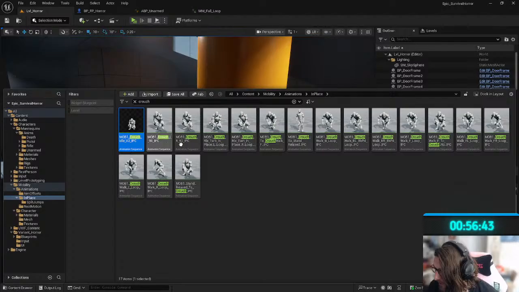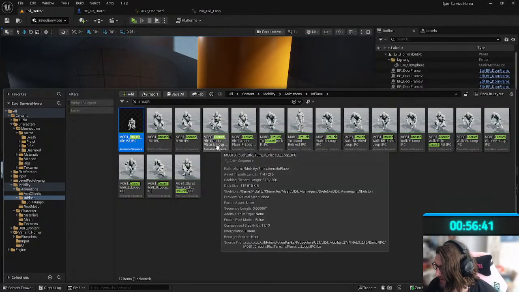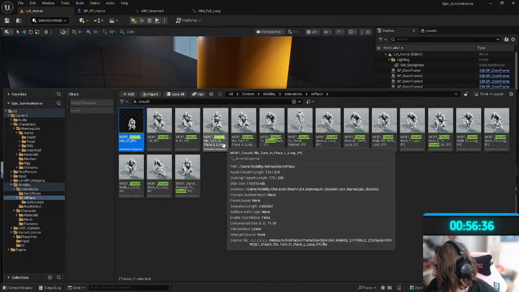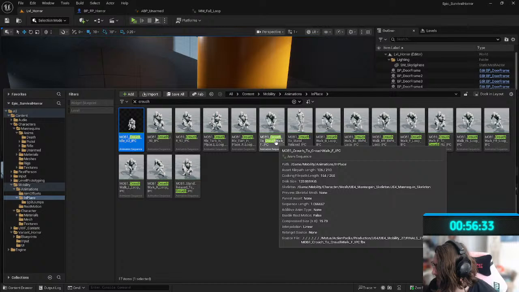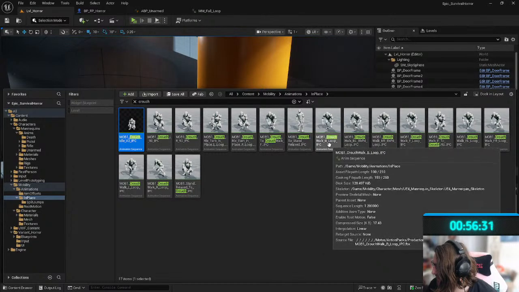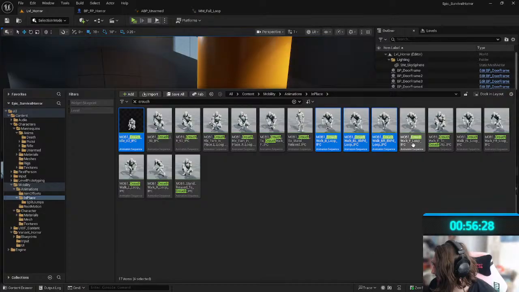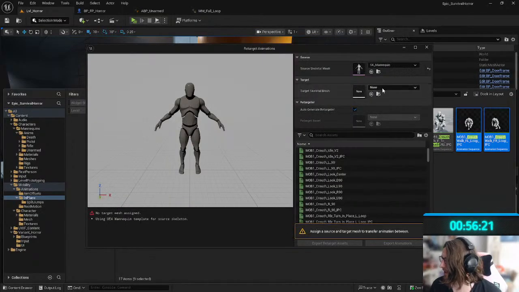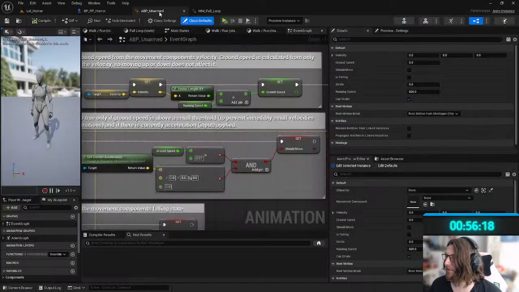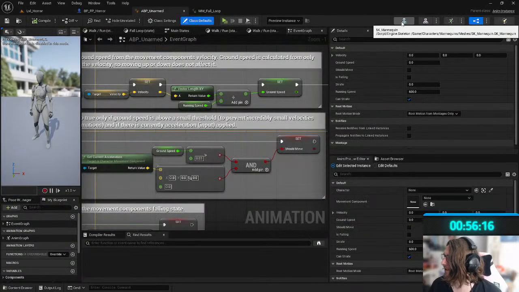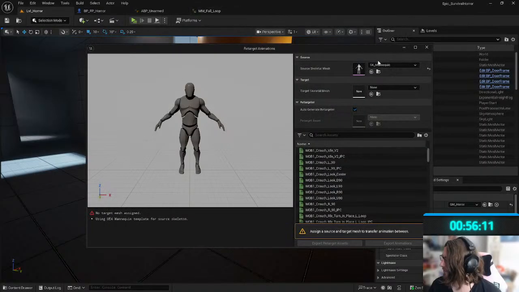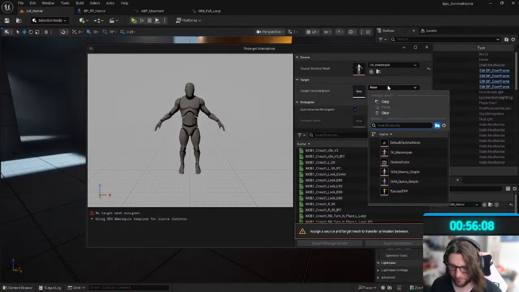We want the idle. We don't need the turn in places. What's R90 mean? Turn, crouch to walk, stand relaxed, loop, backward loop, backward left, backward right, forward loop, forward left, forward right, left, right, cool. And then we'll retarget these animations. We'll retarget them to whatever the skeleton is. SK_mannequin. Which of course this is called, but it's a mobility one, so